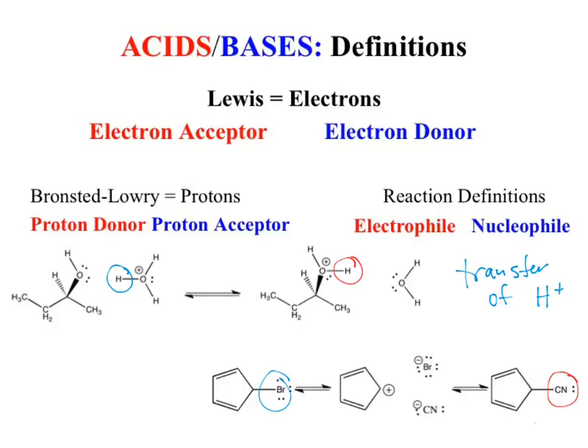Our Lewis definition of acids and bases applies to every type of reaction. We have two major subcategories we can run. We've got our transfer of hydrogen, Gen Chem stuff, which we don't spend a lot of time on because we expect you to know it. We'll keep doubling back to it to keep reviewing because there are some important rules that you probably missed. The other case, transfer of